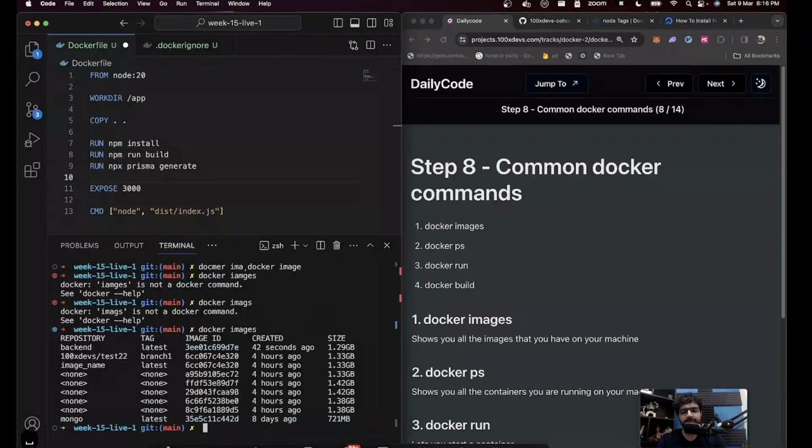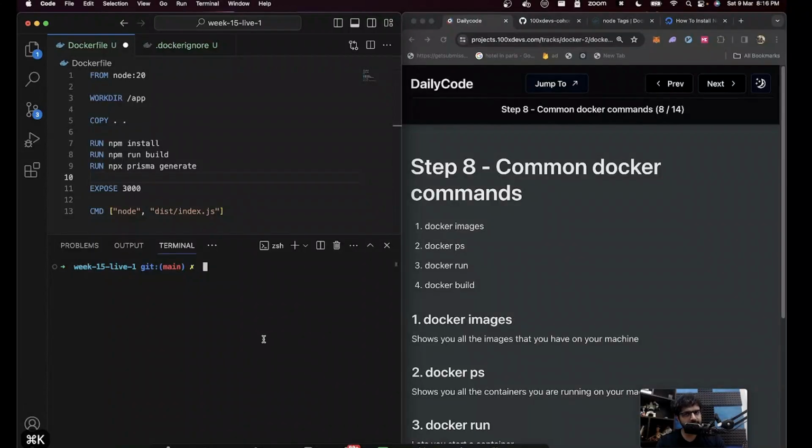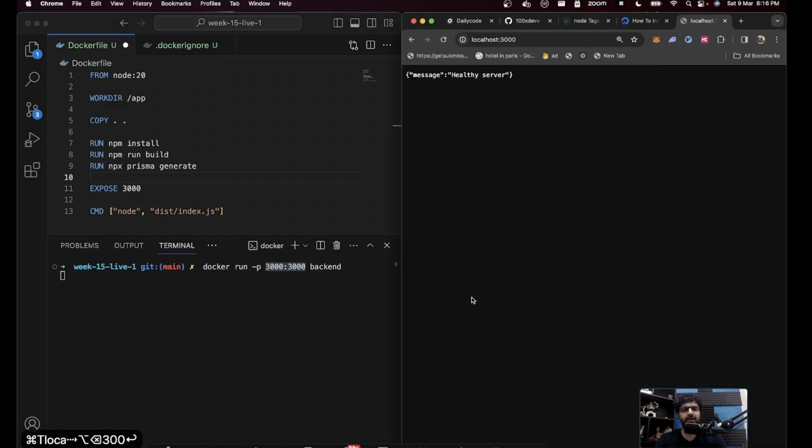What's the next step? After you've created your image, what's the next step? Simply running it. So docker run -p 3000:3000 and then the name of your image, which I named backend. So I'll run this, whatever you named it, just run this and you're good to go. If you do this and go to localhost:3000, you will see your backend is now running on your machine inside a container.